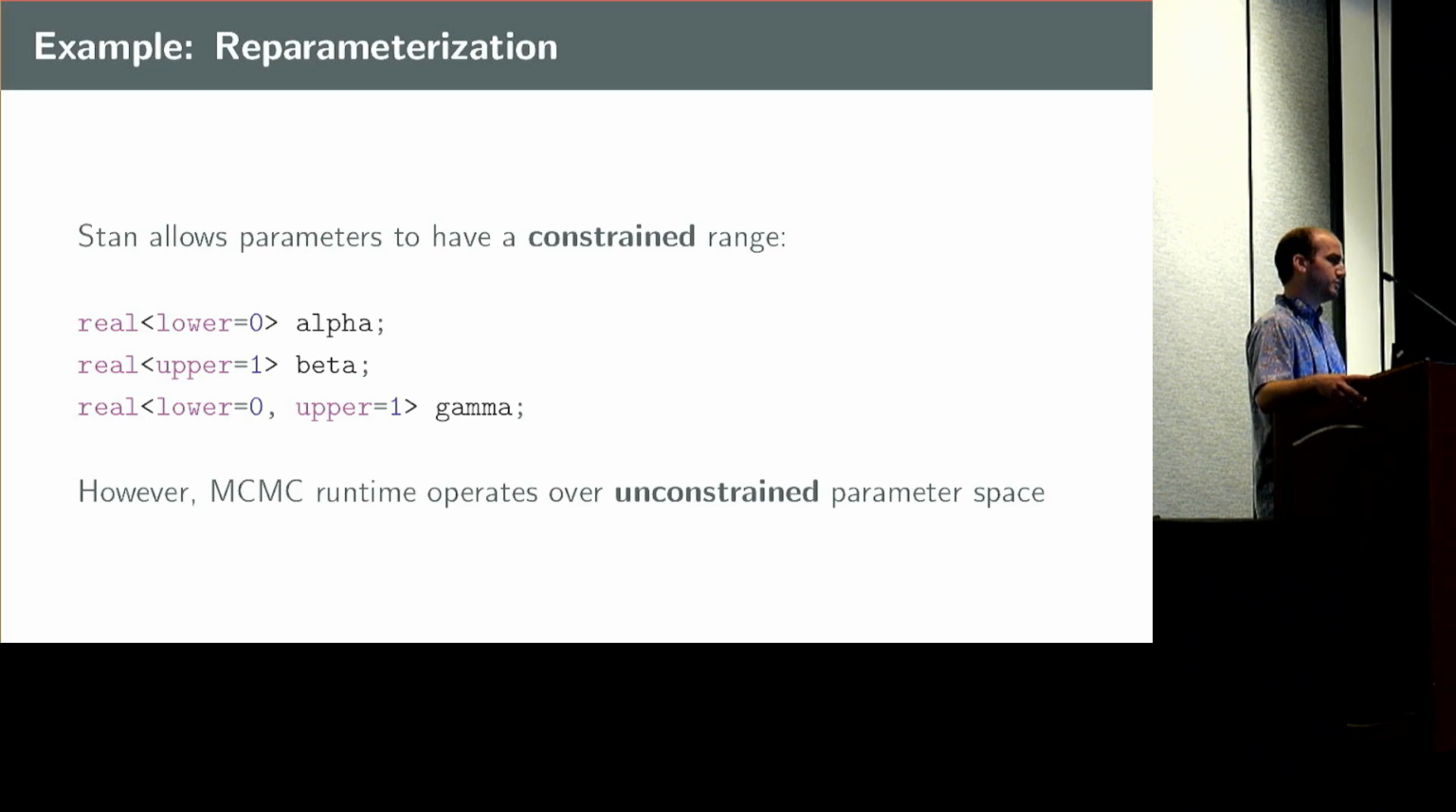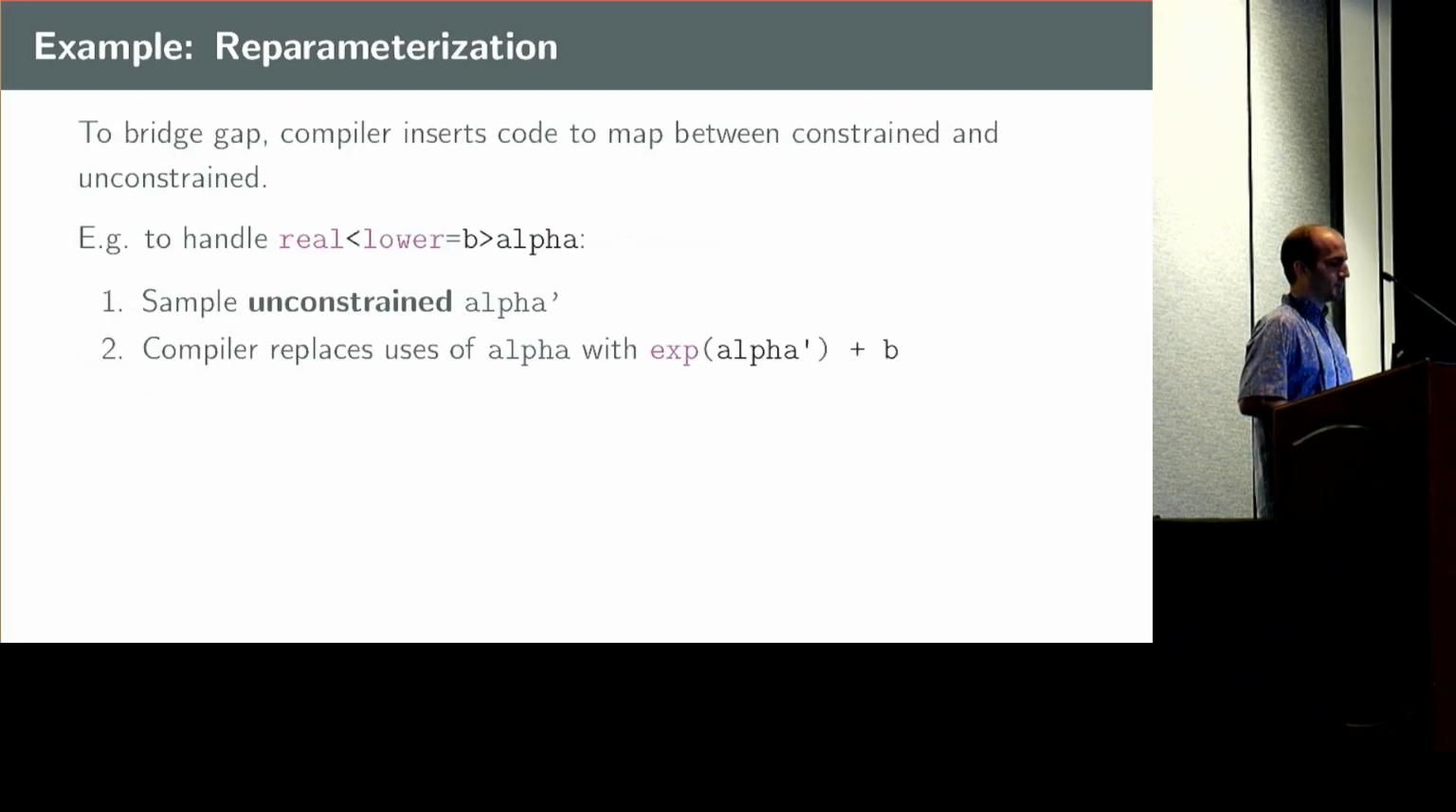It turns out, for various reasons, that the runtime doing the sampling actually wants to operate or sample over an unconstrained space. So it's the compiler's job to bridge that gap between the constrained and unconstrained representations. Concretely, if we have a parameter alpha with a lower bound of b, then the runtime is going to sample some unconstrained value, call it alpha prime, that's an arbitrary real number, and then it's going to pass that into the model block,